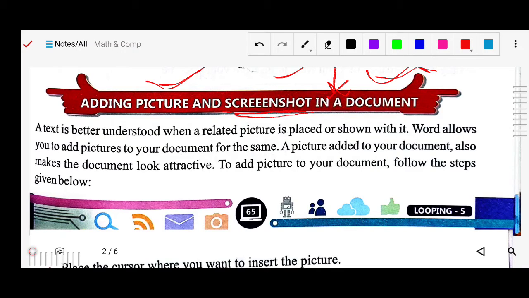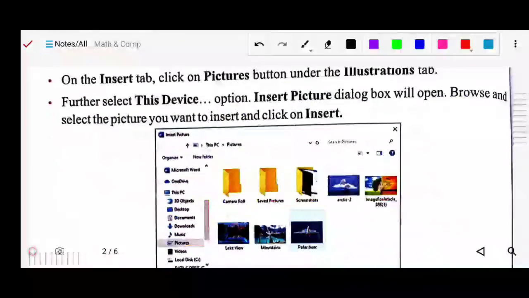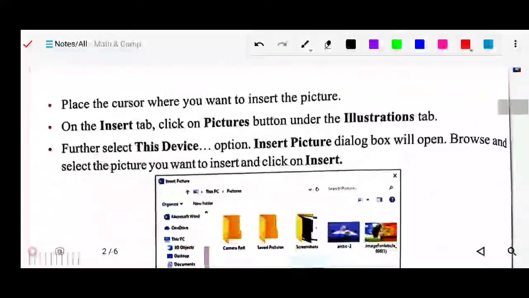So whenever you are adding pictures, your document looks better and more understandable. Like if you want to teach about the planet, and there is a picture of the planet, that will be easy to understand. If you are writing about the planet and you add the picture, it will be quite easy and attractive, and the readers can understand it better. Now, how will we do it? Simple, there are some steps we have to follow.